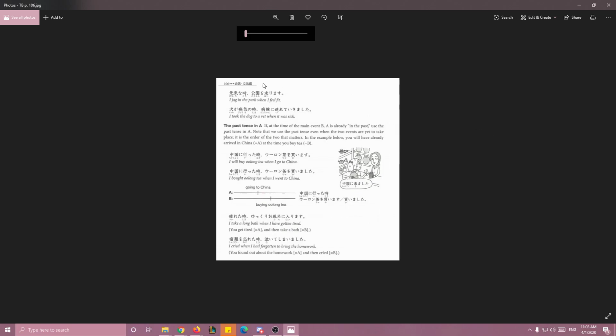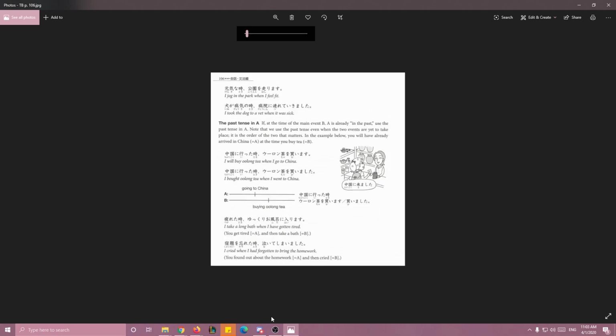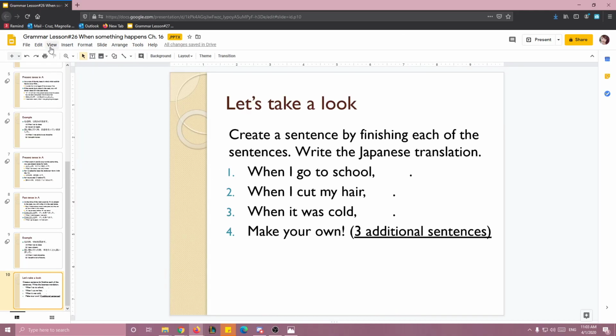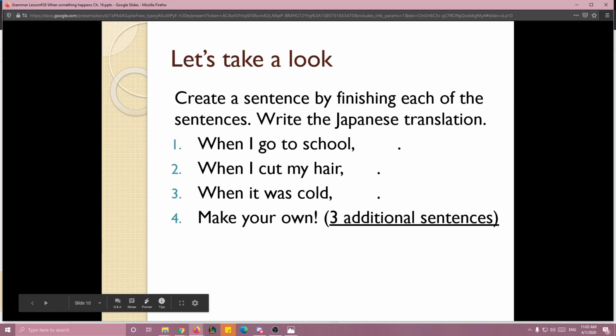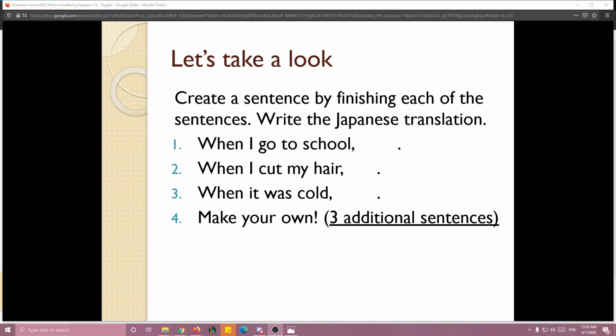I do want to go and show off a couple of examples that I have here. So let me go and pull those up for us. And this is going to be my challenge to you. Something that I would like for you to try, if you want to try this in the comments or if you just want to message me about it, is try to come up with your own sentences by finishing what we have here.